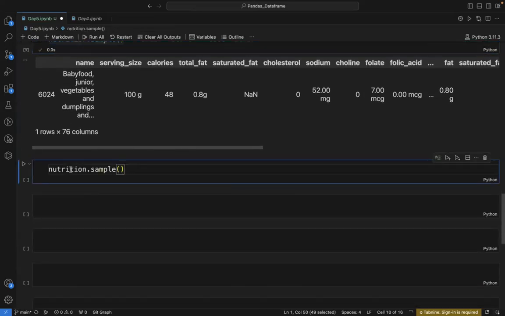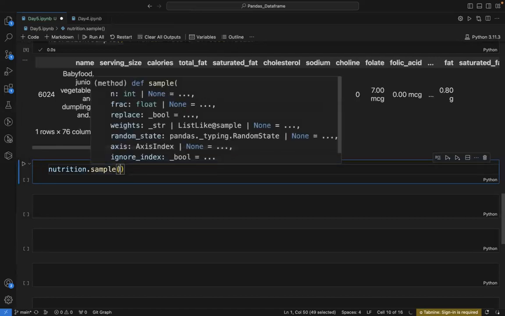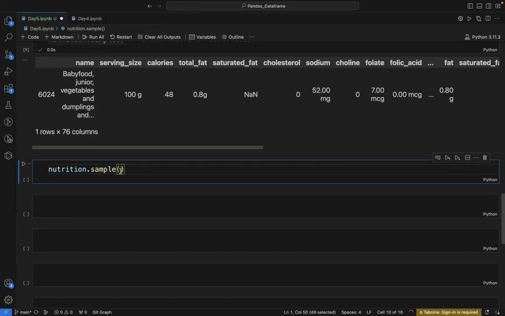But there is one parameter inside this called random_state. Can you see this parameter, random_state? If both of us use the same number, then we will get the same